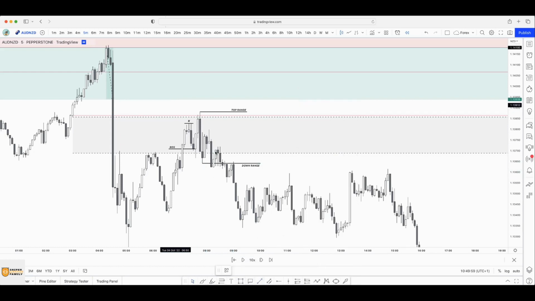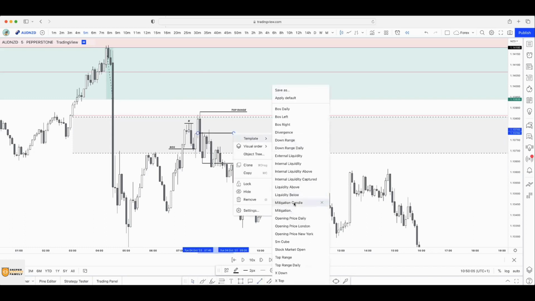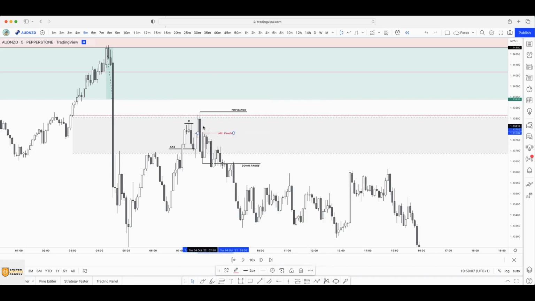Okay, so in this case, based on the 5 minutes, we are looking for the institutional mitigation candle, right? The candle that swept the liquidity before a big drop to the downside, which was this candle. So if you had the entry, this was already happening around 7:45